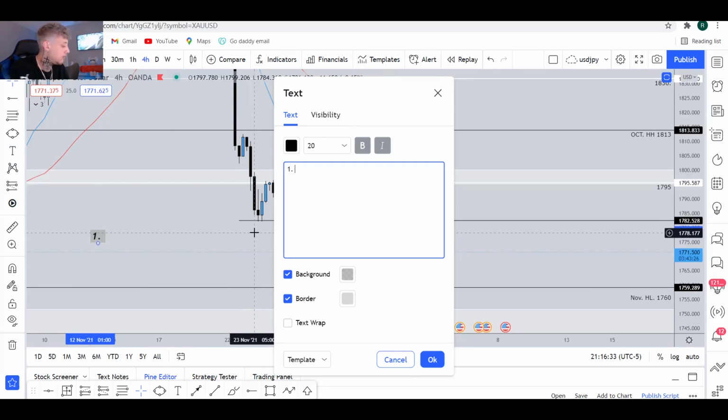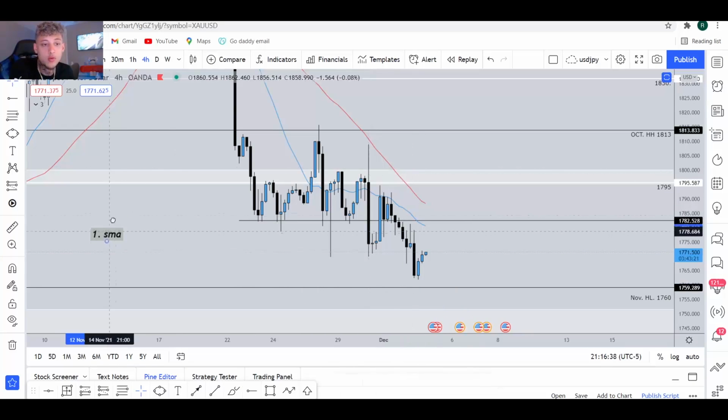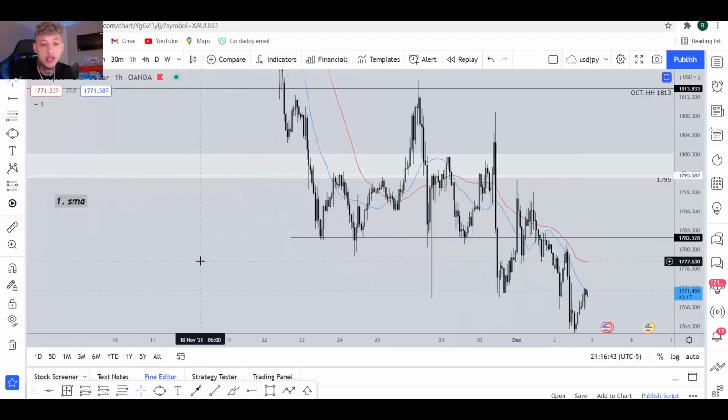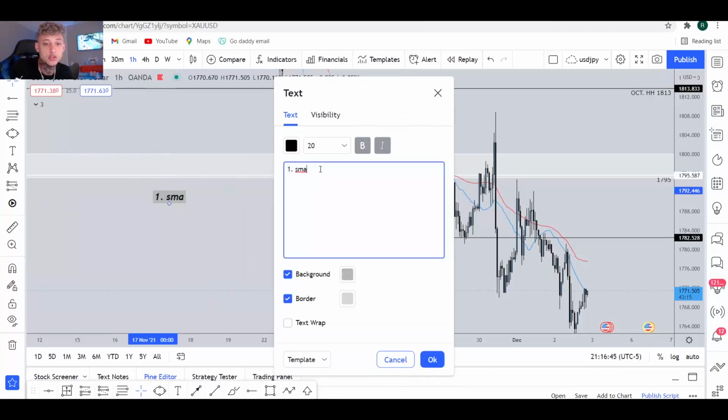For the sells, 1, we have the SMAs. You always want to check the SMAs on the 4-hour time frame. On the 4-hour, they're red over blue. Now let's just go down to the hour and see how things are actually playing out here. We have 2,